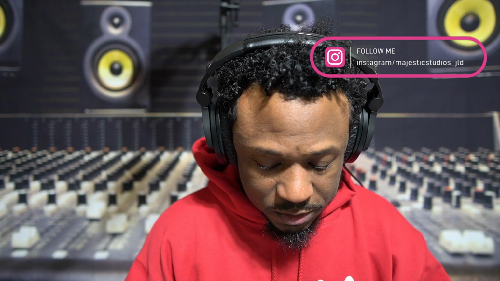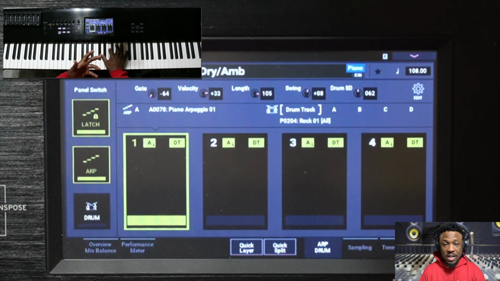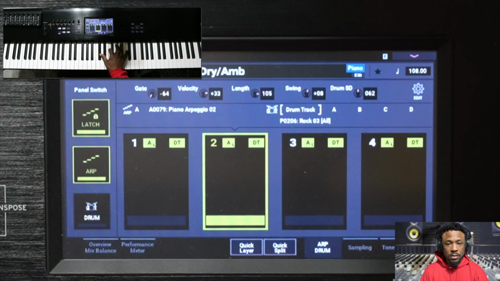So if we have an arpeggio set and we are playing the same arpeggio that we've been hearing the entire time we've been doing this exercise. But now if I go to button 2, it's